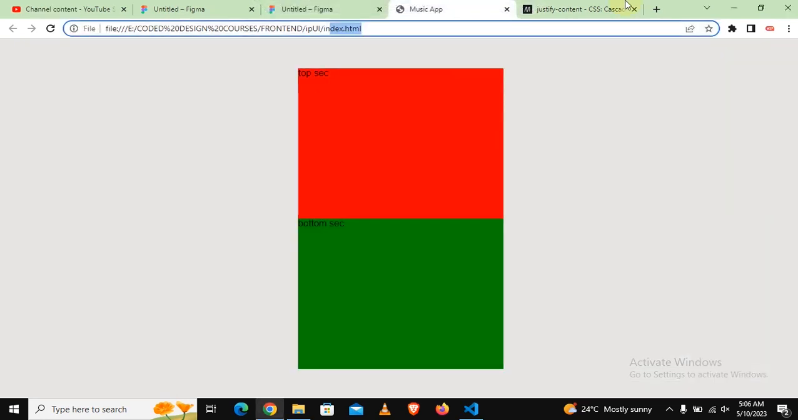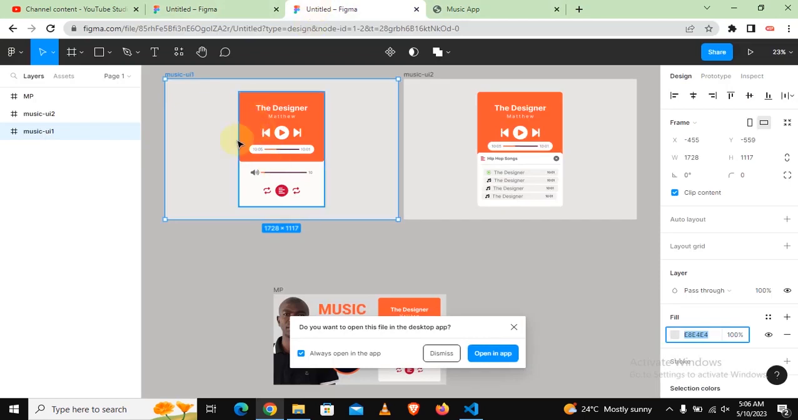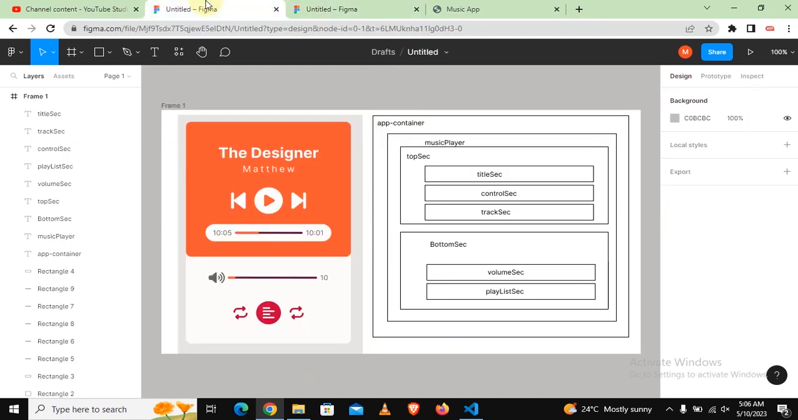This is where we are at the moment. We are trying to create this. Okay, so let's just continue. Okay, so what we want to do,